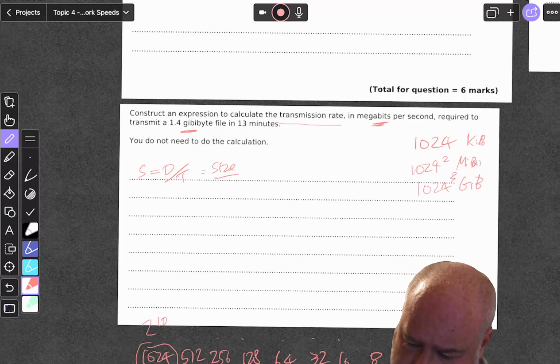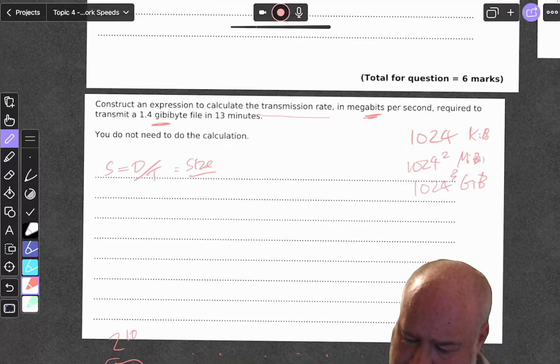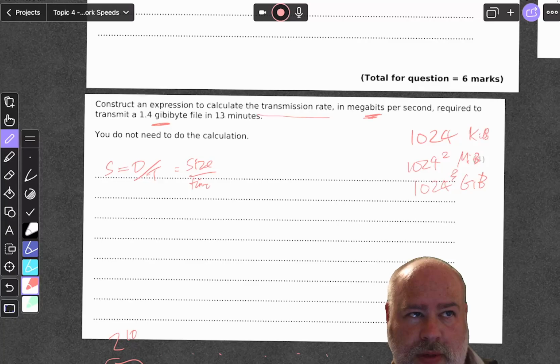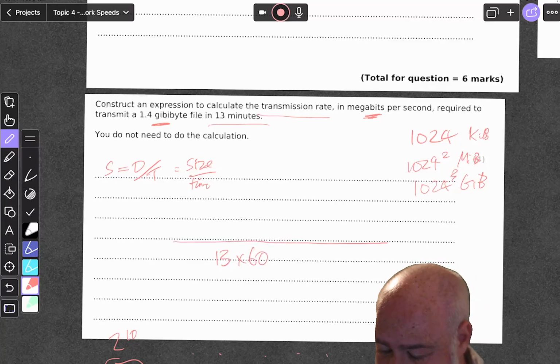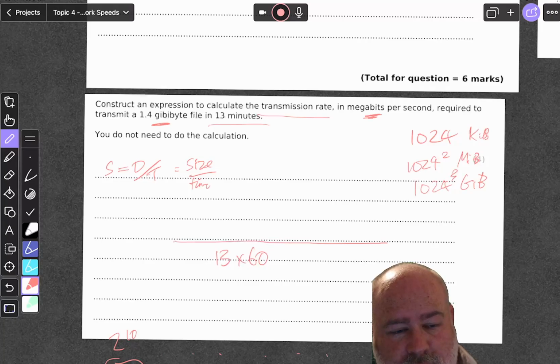Over the time, right? So what is the time? Well, that's easier, isn't it? That's easier for us. It's at 13 minutes. So we're going to start our experiment. Remember, we don't have to do the calculation here. So 13 times 60. We're going to need to do that at some point because we've got to get our seconds. But remember, the transmission, the time is going to be in megabits per second. So we need to times that by